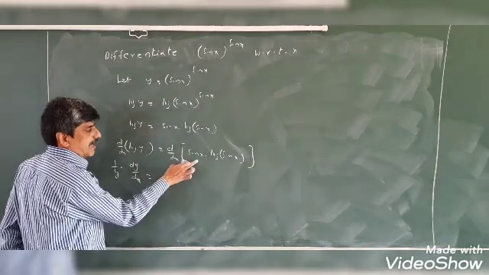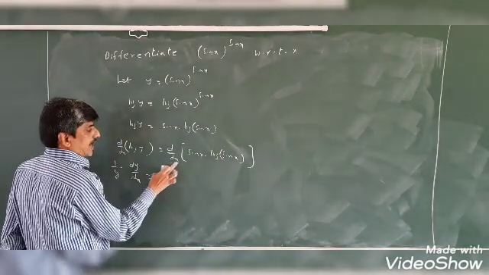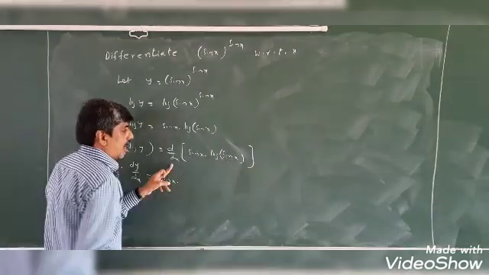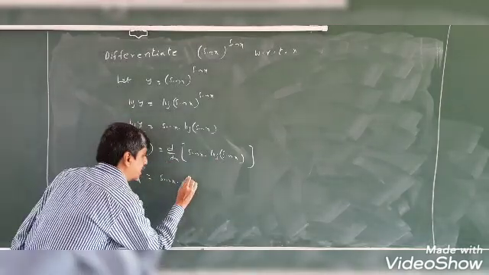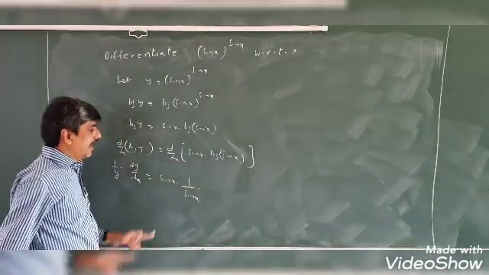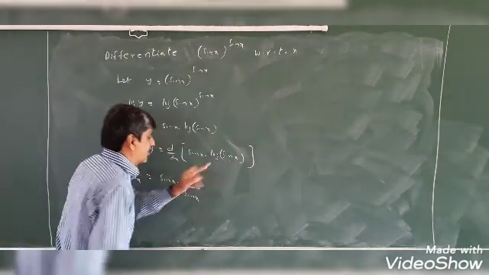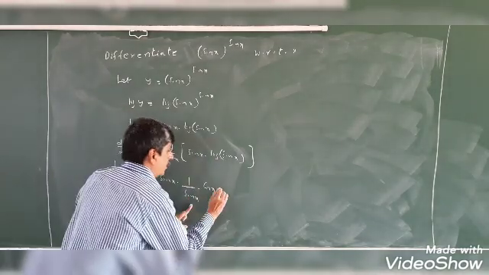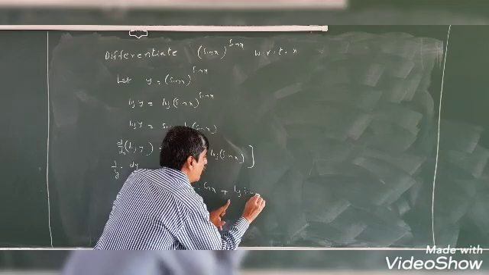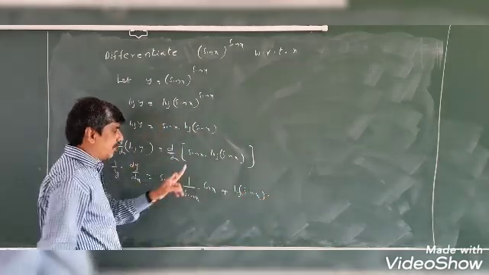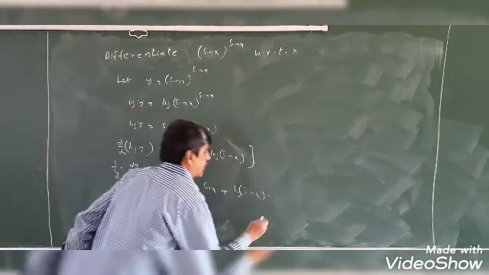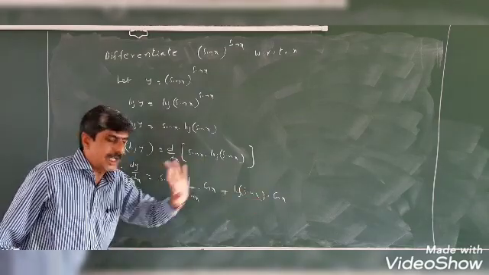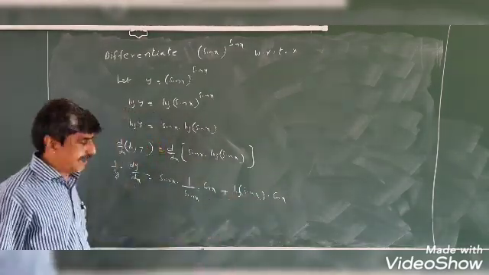Now it seems to be the formula d by dx of u into v. Now d by dx of u into v is u, u means sin x, into d by dx of log of sin x. So d by dx of log x is 1 by x, in the place of x, sin x there. Then d by dx of sin x is cos x. So u into derivative of v is completed, plus v, v means log of sin x, into d by dx of u, means d by dx of sin x. D by dx of sin x is cos x, here in place of x only there, then d by dx of sin x is cos x only, we will write.